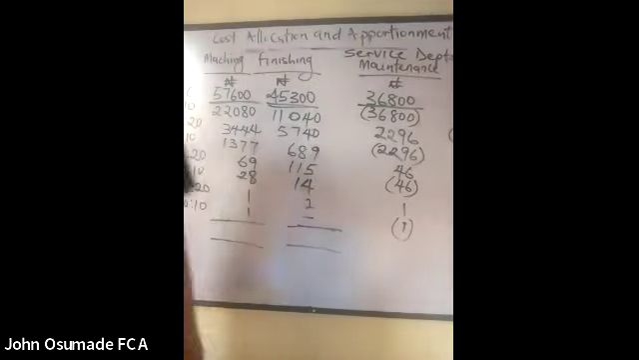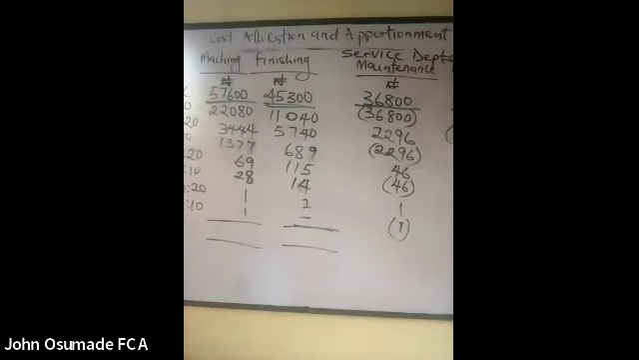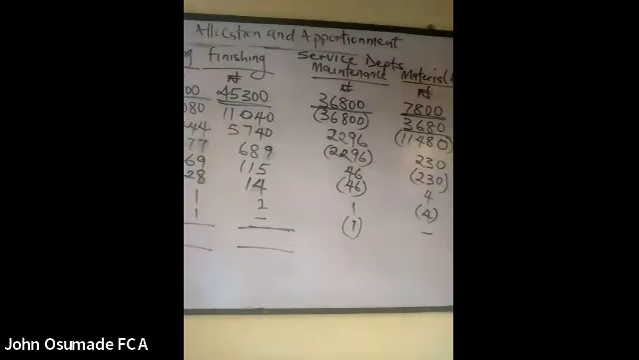Error. We apportion the direct cost of maintenance